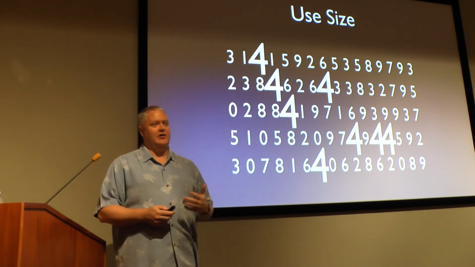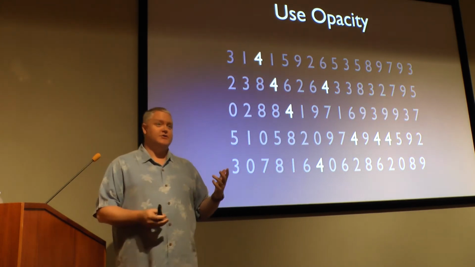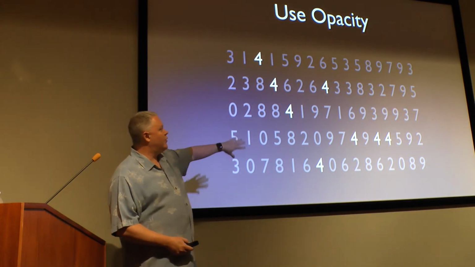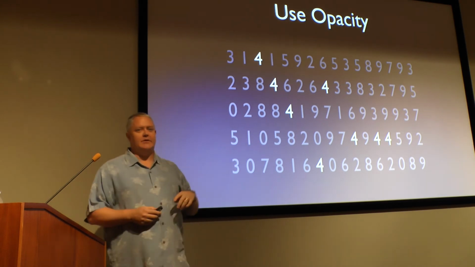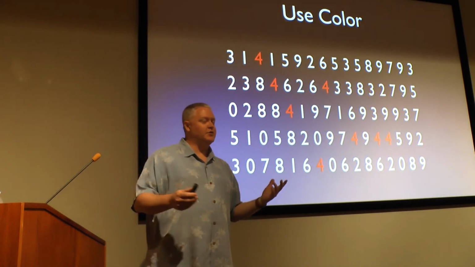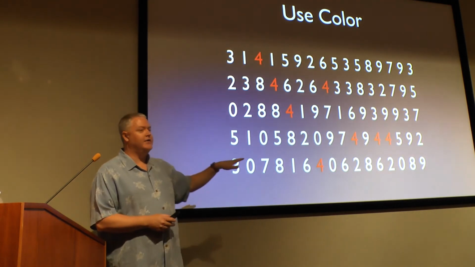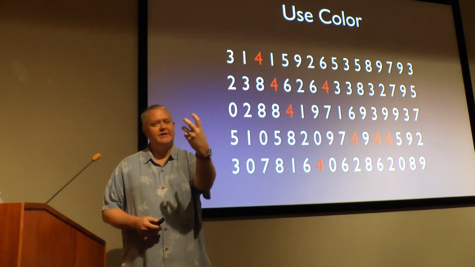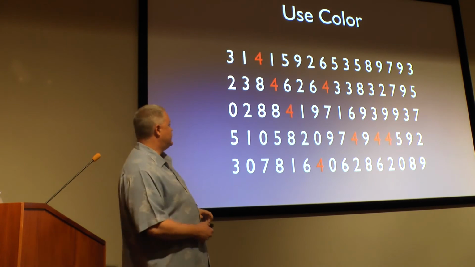This is the data I want you to look at. I can use opacity, so sort of like I did with Where's Waldo, I made everything else semi-transparent or gray in the background, my data pops out. I can use color, obviously, we're talking about using color with purpose, I can make them red. And red specifically is a very bold highlight color. It literally looks like it's closer to you in your visual context.